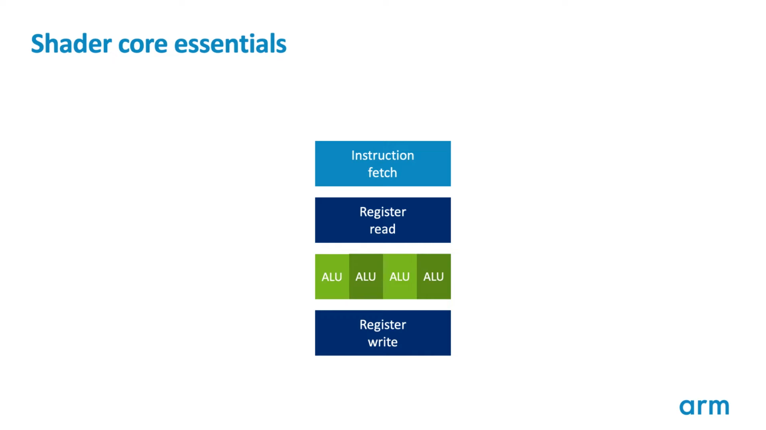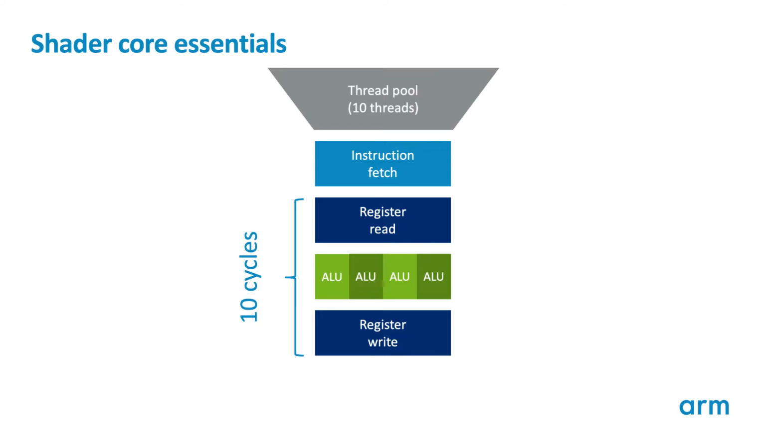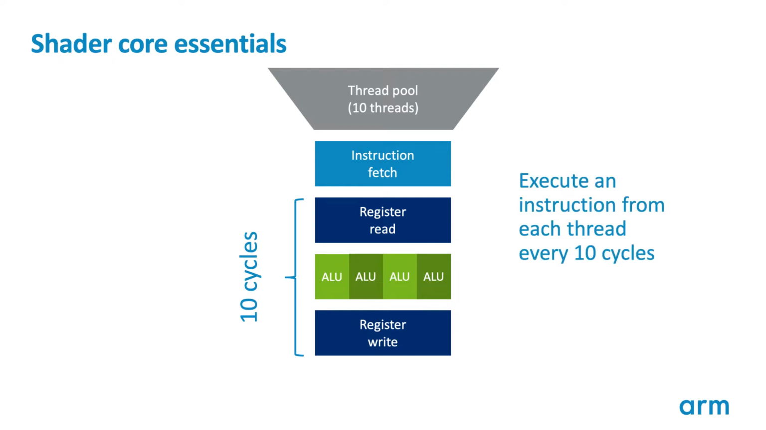Let's start with the simple vector core, much the same as our CPU starting point, but with a vector data path. The data path is still multiple cycles, let's say 10 for the sake of argument. The first type of change we can make is to make the shader core multi-threaded. In this design, we would issue the new instruction for a thread every 10 cycles, interleaving instructions from all 10 threads